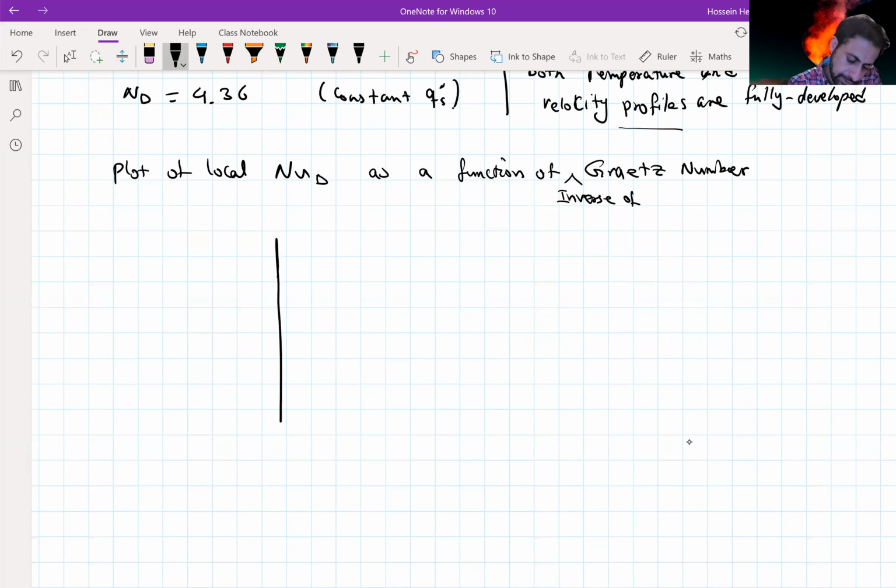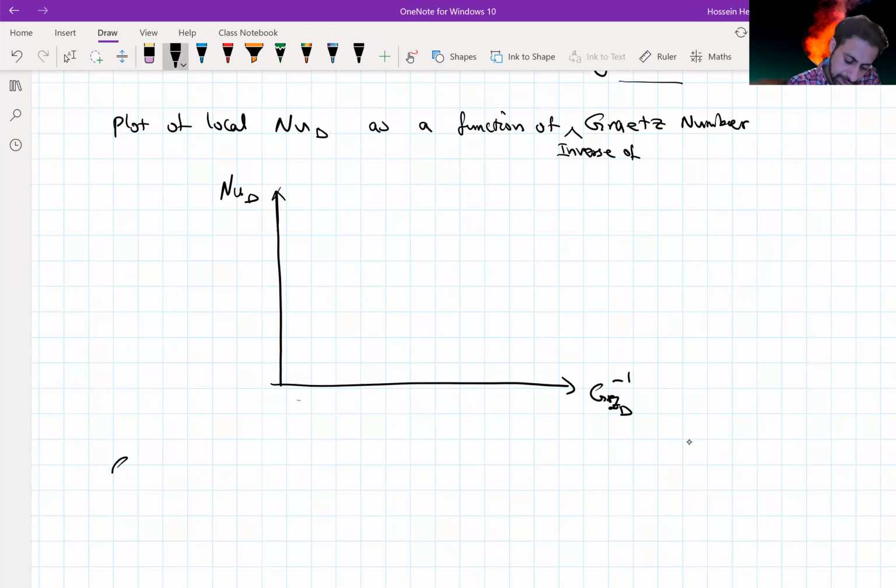So if I plot local Nusselt number based on D as a function of Graetz number to the power of -1, just going to call it Graetz number, and the way that we define this dimensionless parameter,